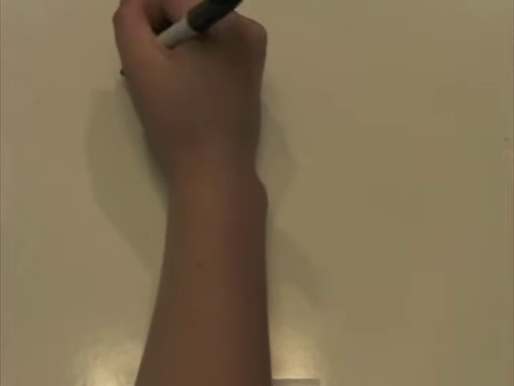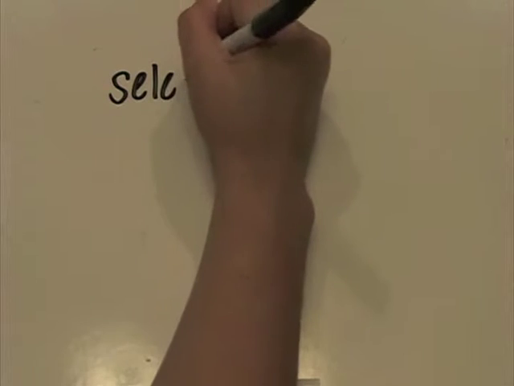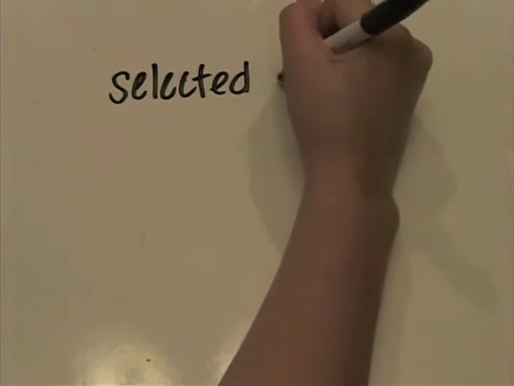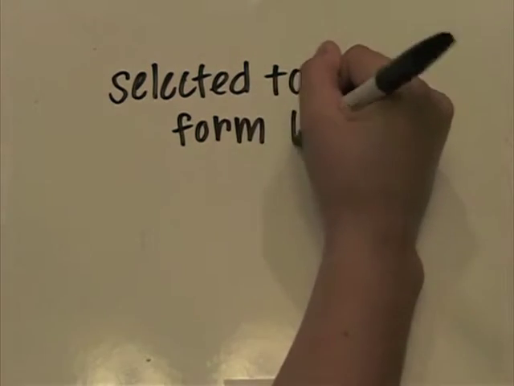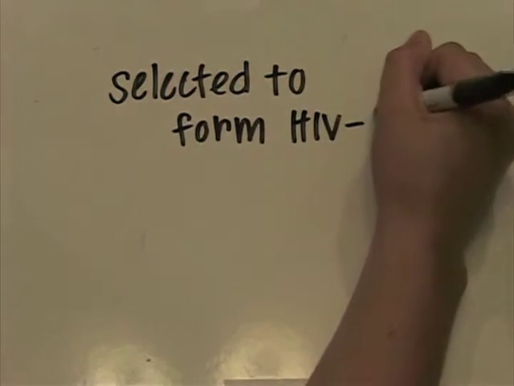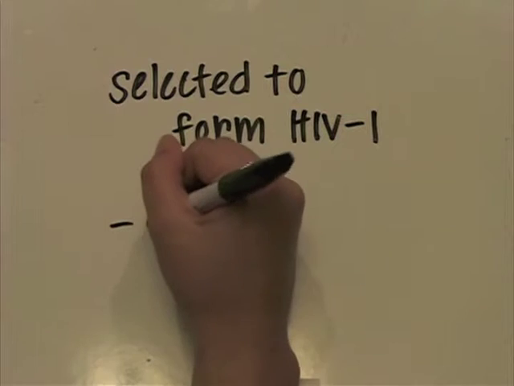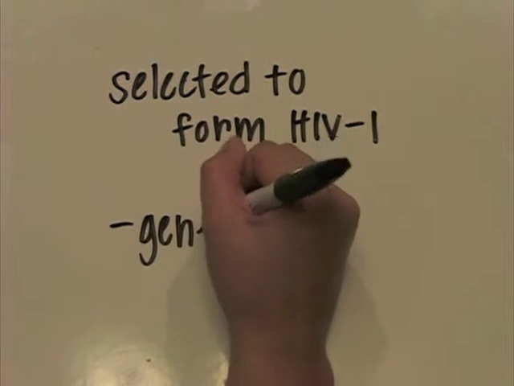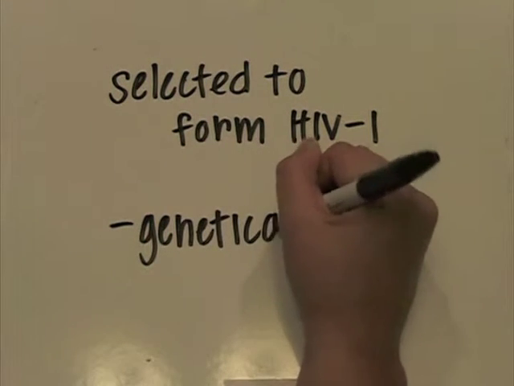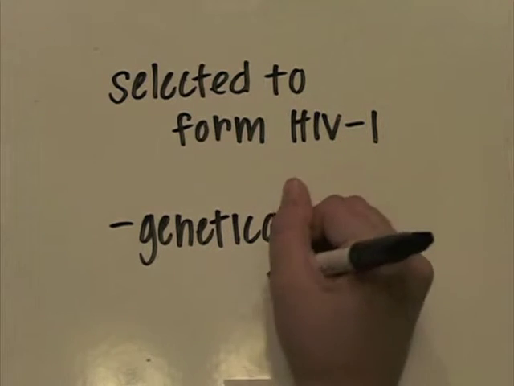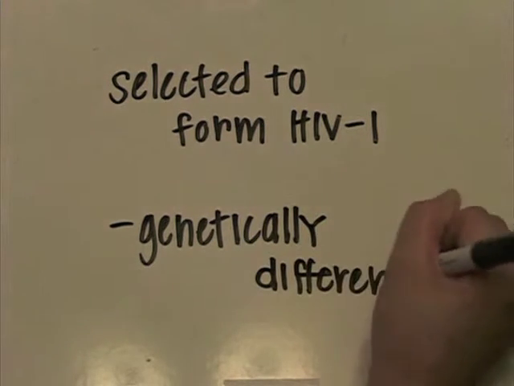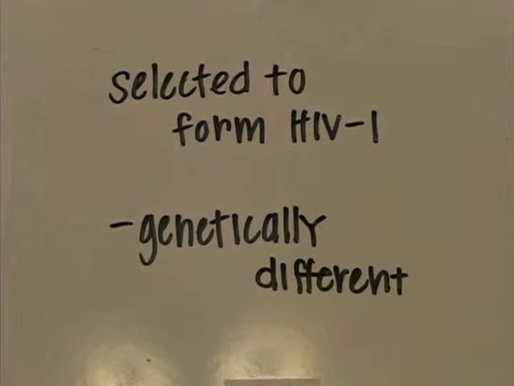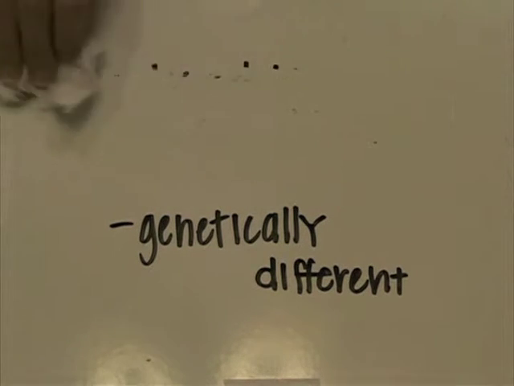Normally, the human would be able to fight off the SIV virus, but at some point, human hosts selected for SIV variants capable of replicating in humans, thus creating HIV-1. It is thought that there are many slightly different genetic strains of HIV because each time the virus was passed from monkey to human, it changed in a slightly different manner, thus producing a different strain.